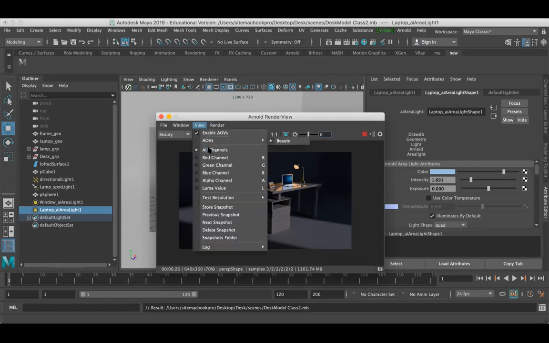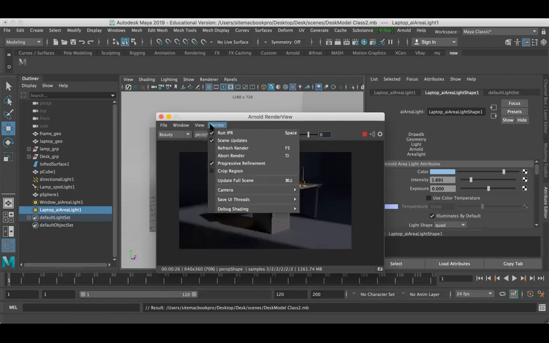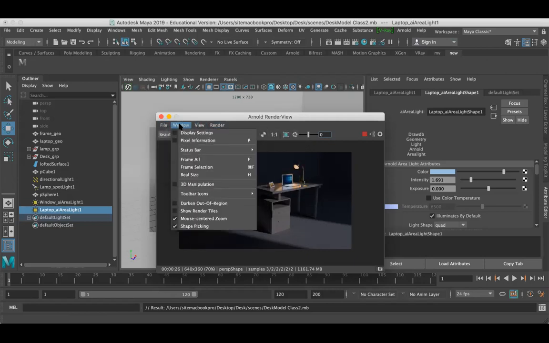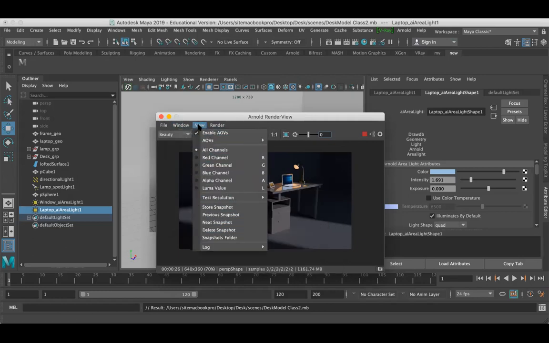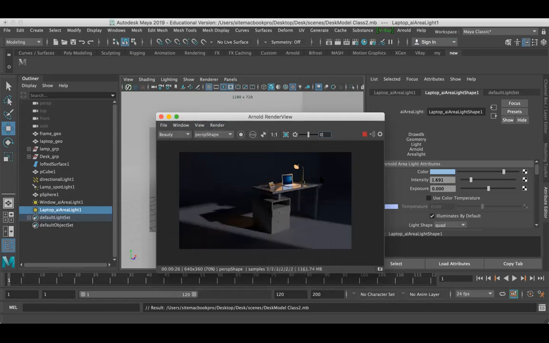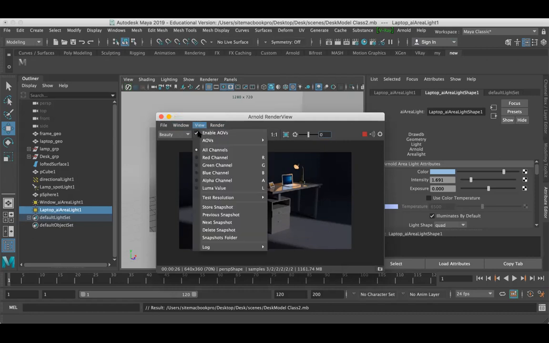And in the view, I forgot to tell you, sorry, in the view you can see that there is a test render.